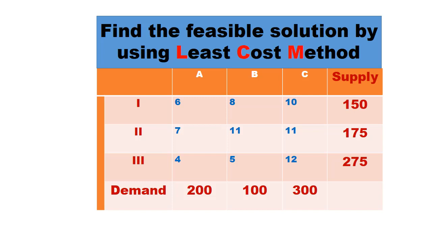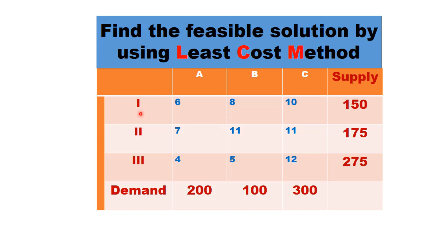Previously I told you why we study the transportation problem. We need to minimize the total cost of transporting the goods supplied from origins to destinations. There are three methods. We have learned about the northwest corner method in my previous video lecture. Today I would like to explain the least cost method. It is very easy to understand.